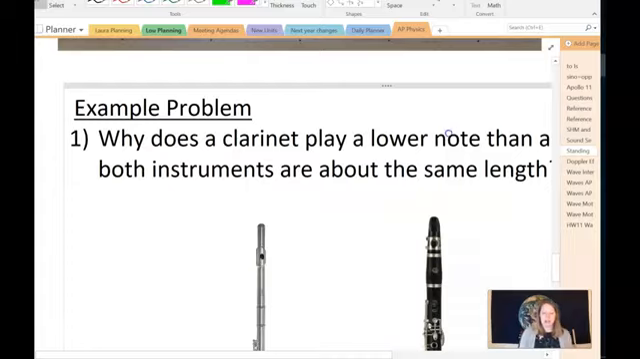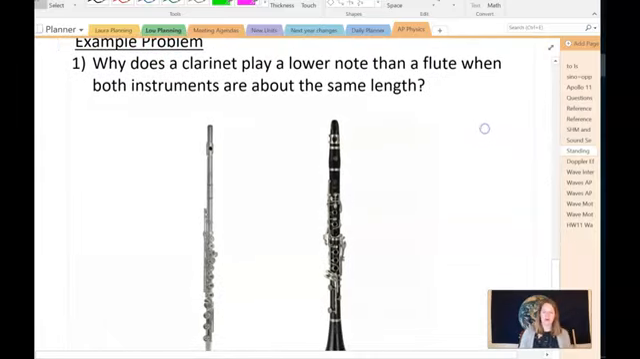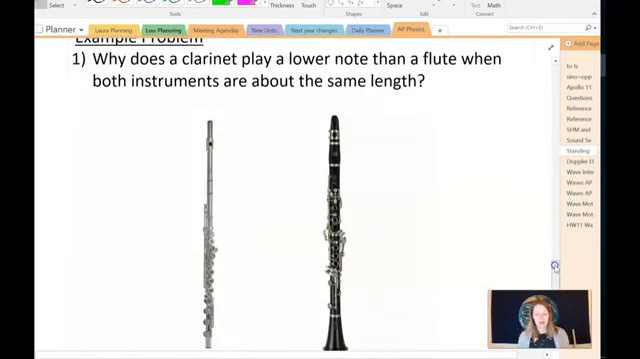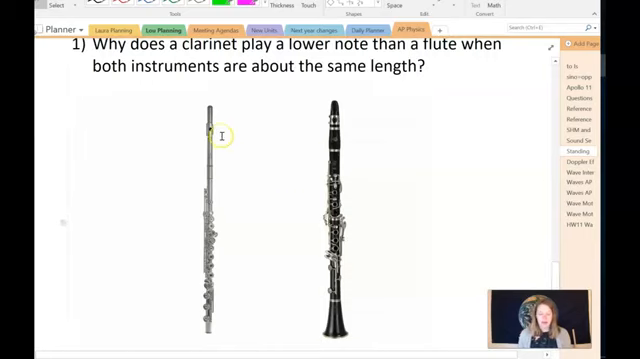And we can look at some example problems. So why does a clarinet play a lower note than a flute if both instruments are about the same length? Feel free to pause and consider this question. The flute is open at both ends, whereas the clarinet, with your mouth over the top of it, is closed at one end. They act differently and have different harmonics. So with the flute, you can produce a higher frequency note, which is a shorter wavelength, and with the clarinet, it has to have a longer wavelength because only that quarter wave fits in the